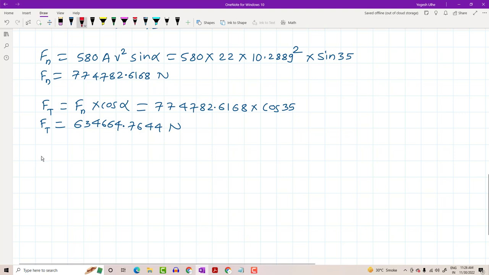What we have to find out is the angle of heel. Angle of heel due to what? Due to rudder force. We need the angle of heel due to